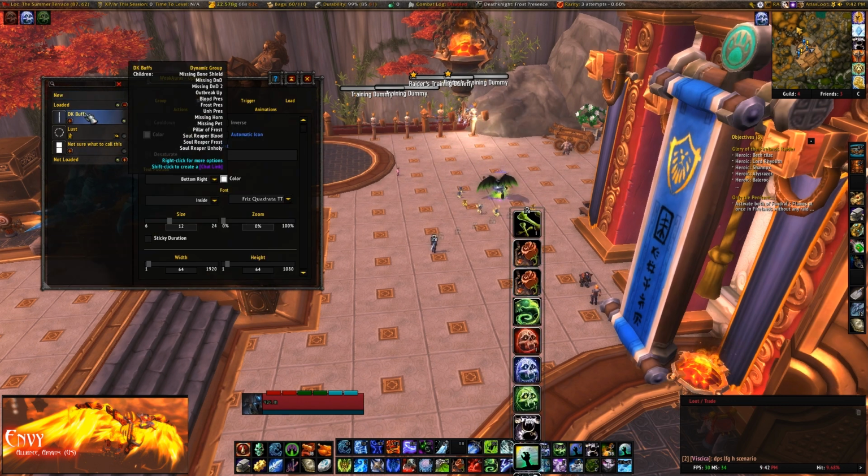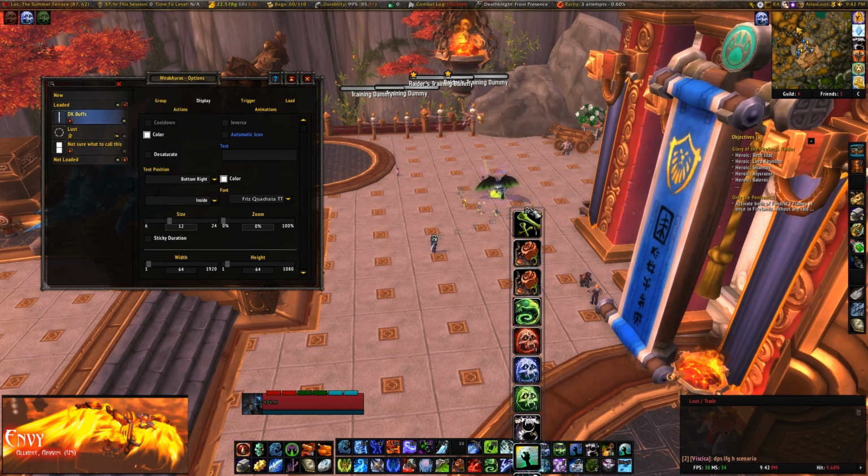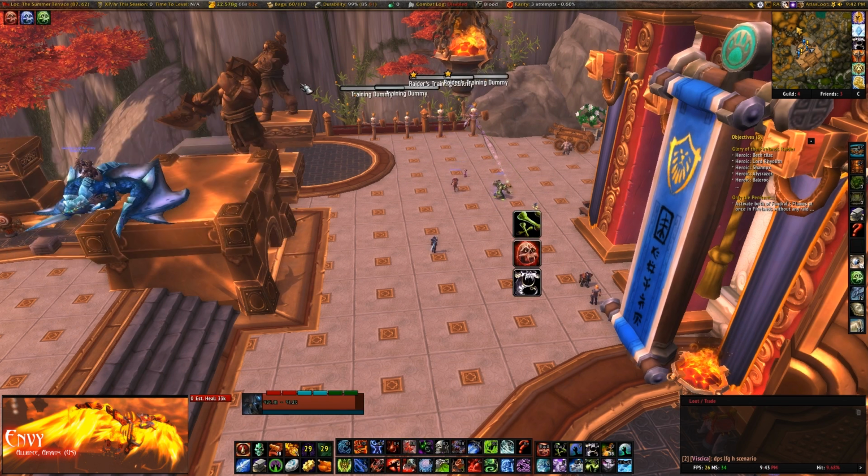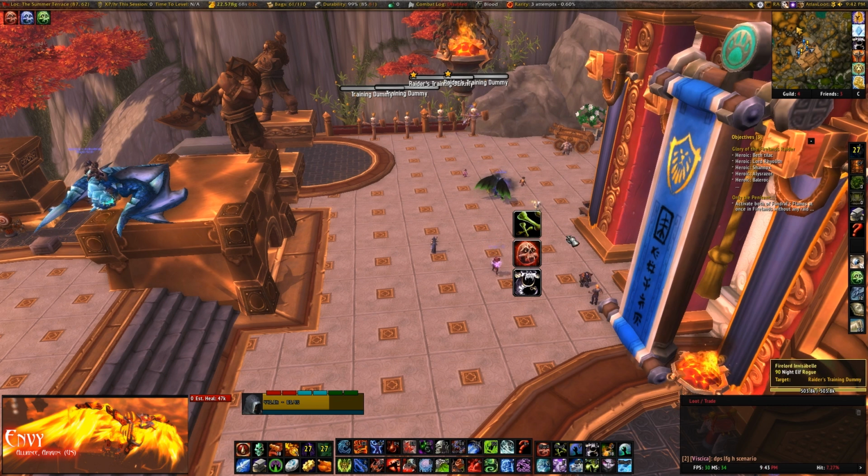So these are, again, my Death Knight buffs. So if this is a group, then where you see this icon is where it will be on the screen every time this icon shows up. The same for this icon, the same for this icon, the same for this icon. So if I switch specs real quick, you can actually see a few different icons. They will pop up for me. So now I have 3 different icons that show up,